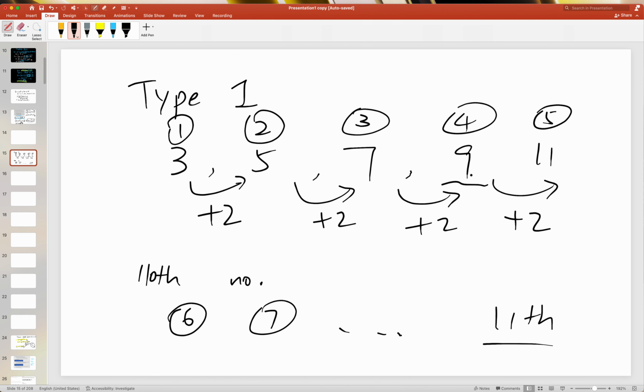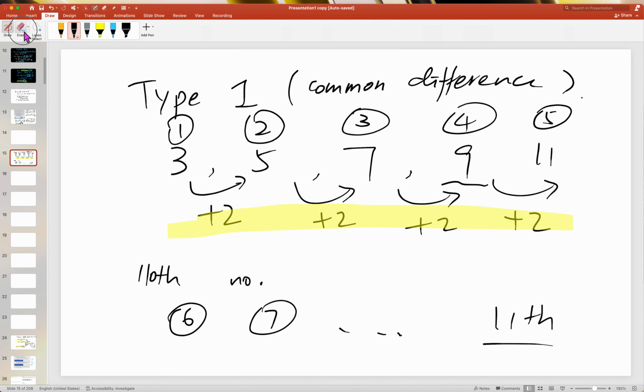Okay, so remember for type 1 number pattern, the key characteristic (就最重要的那个特征啊) is plus 2. You have plus 2 throughout. So I call this the common difference. 你有一个同样的 difference，这个叫 difference。就是它们的相差是2，加2。